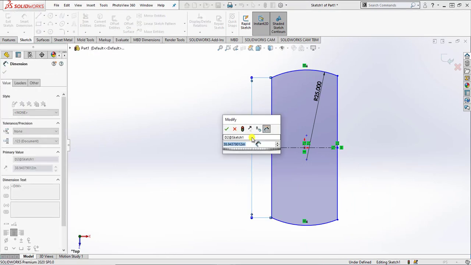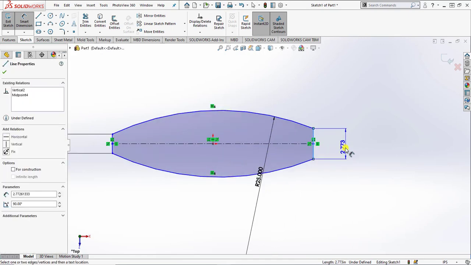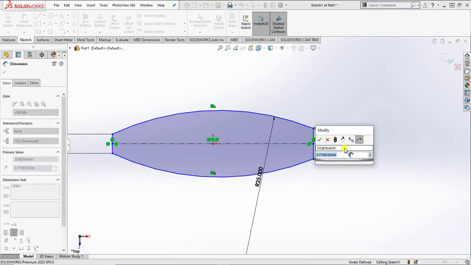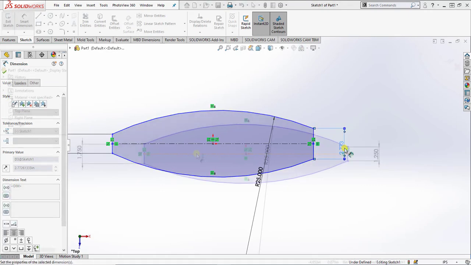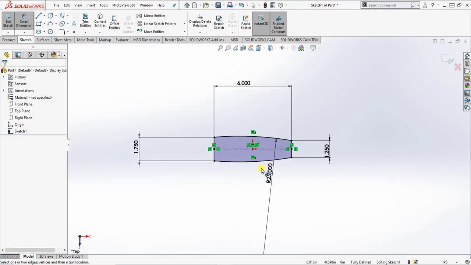The distance of the left hand side is 1.75 and the distance on right hand side is 1.250 and the length of horizontal line is 6 inches and here